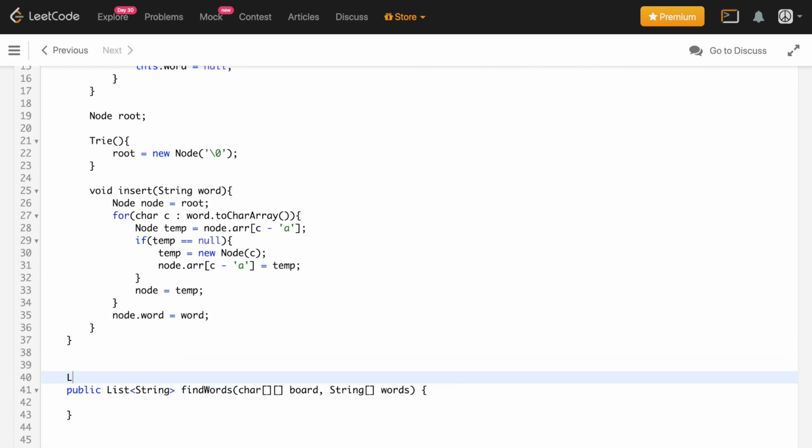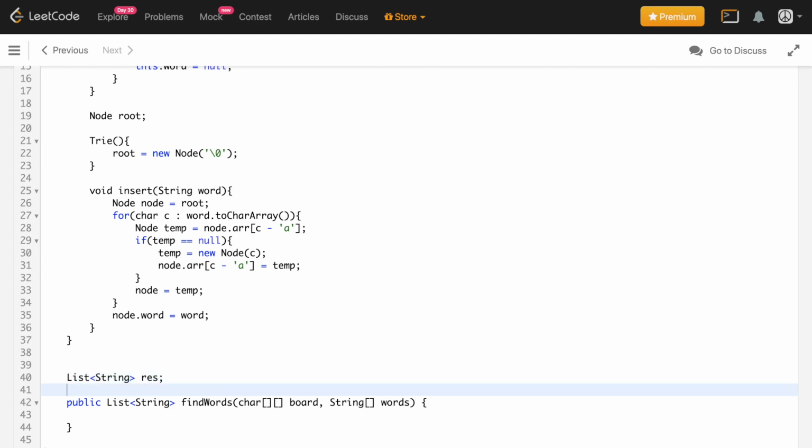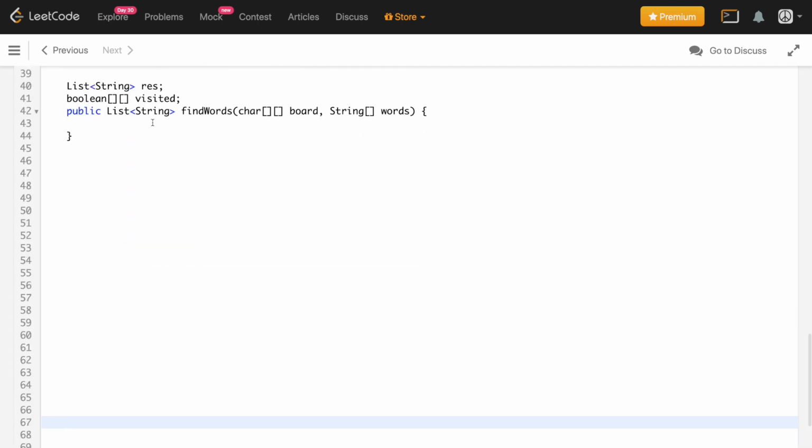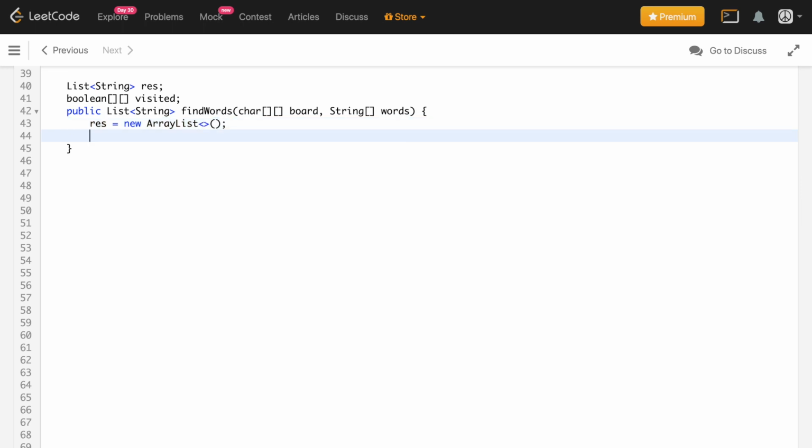First we will have a list of string that we are going to return. Let us name it as res, and we will have a boolean array which I discussed about. This is visited. So inside the method, let me just put some spaces over here. Okay, so over here what I'm going to do is, first let me initialize this result. This is new array list, and let me initialize this visited array as well. This is going to be of size the same size as this character array given to us. So this will be board.length and this will be board